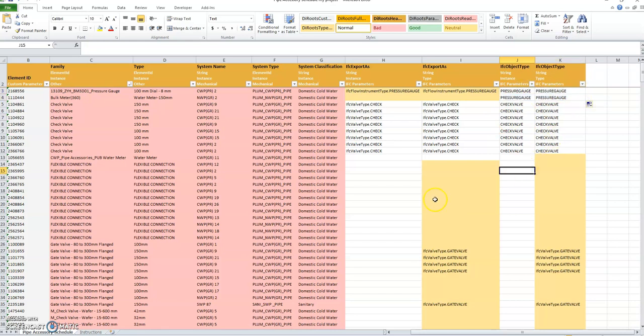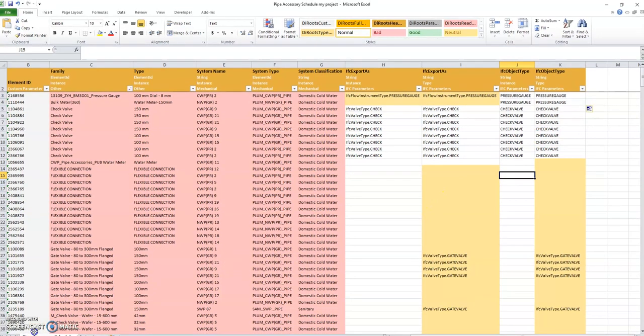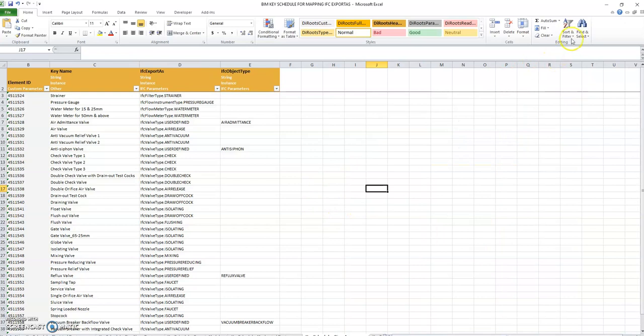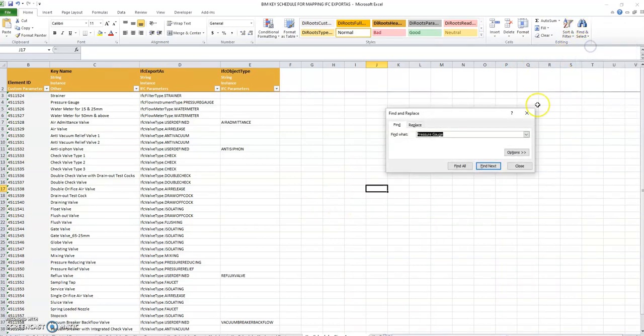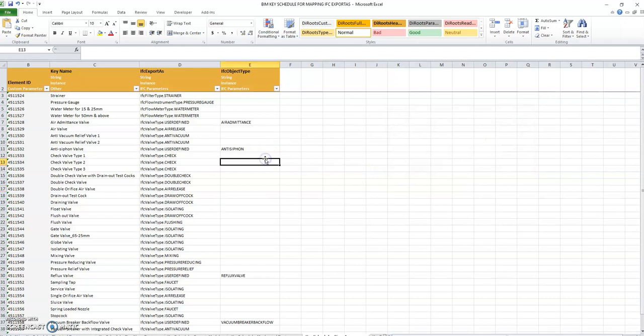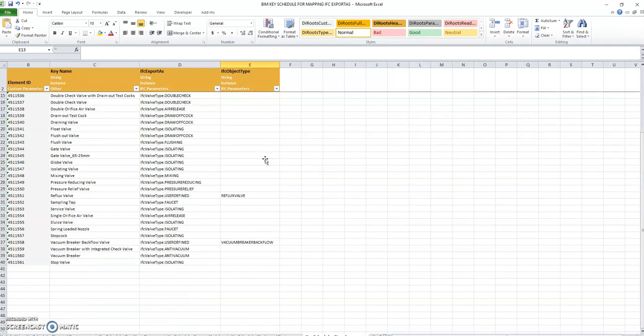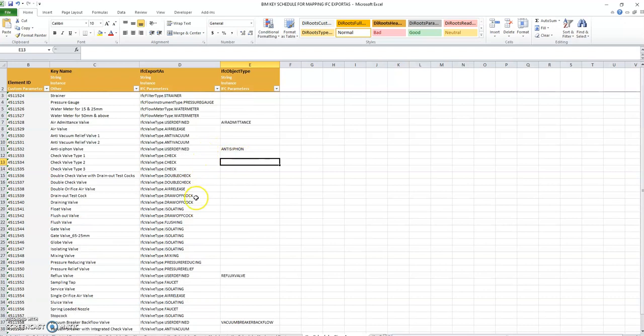Okay. I will just fill up all this information. I will pause the video. And okay, maybe flexible connection. I will type again flexible connection. Type here, go back to the key schedule, and then find again. Find. Maybe flexible. Find all. So if you cannot find here the flexible connection, then what you need to do is